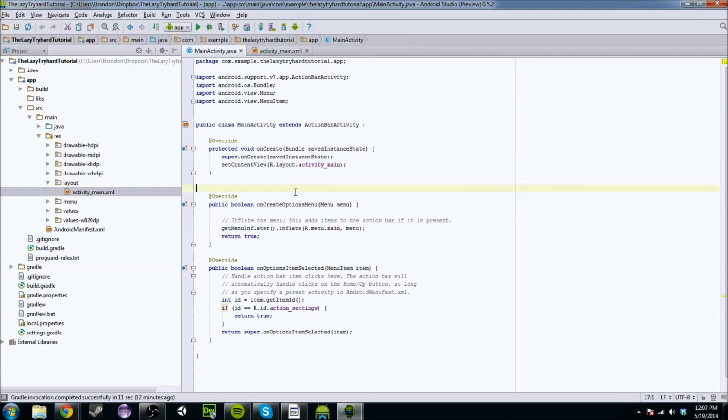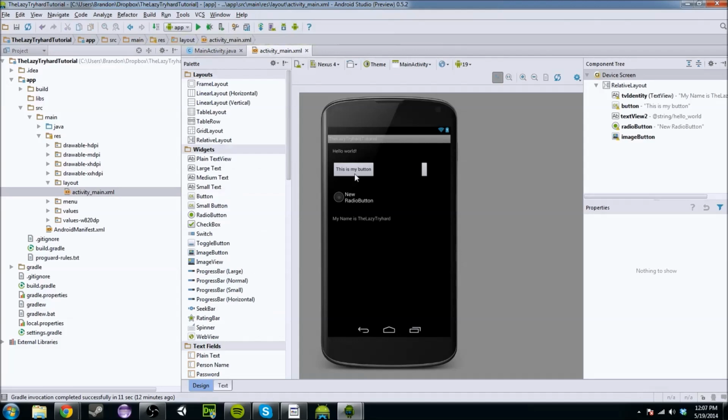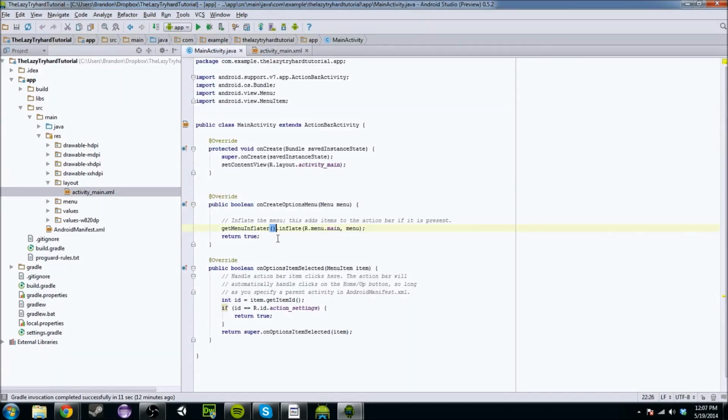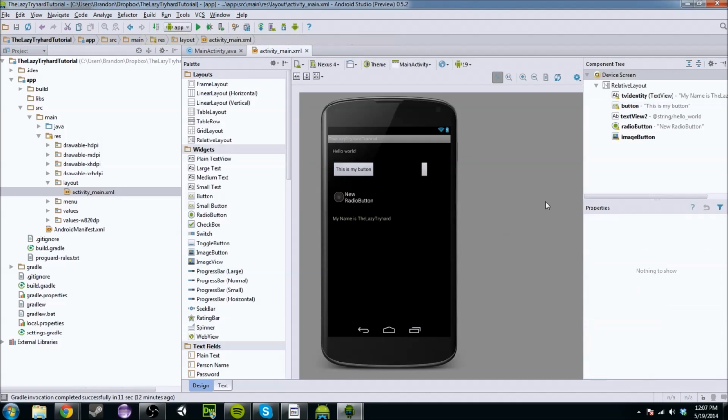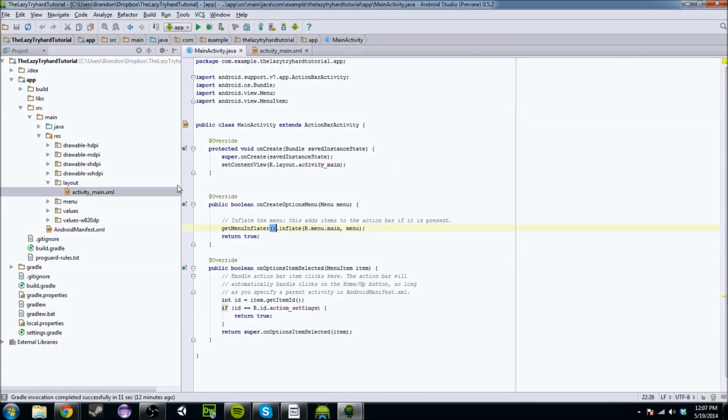This deals with all of your interactions with it. If you're thinking HTML, think of JavaScript, how that adds the interactions. It deals with all that stuff. So if you click this button, Java can handle it. We have to merge all of our widgets in this activity into this, which I'll deal with in the next tutorial actually. But basically just know that this Java gives this XML flavor, and the way that they're linked together is through this line of code: setContentView